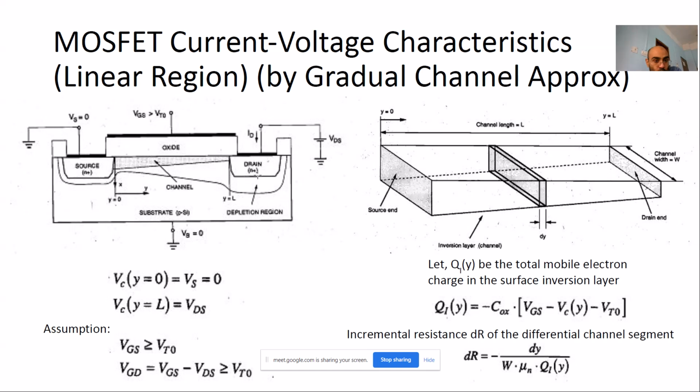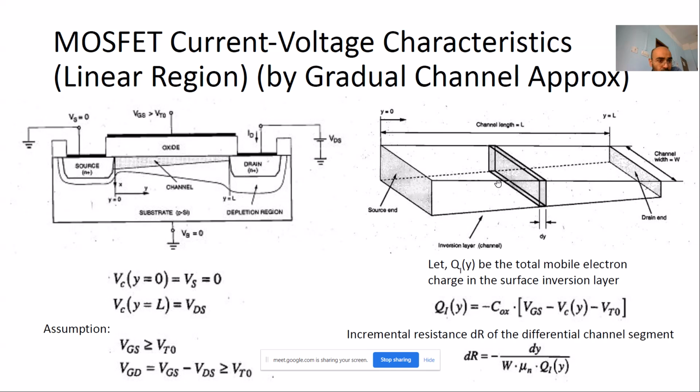Now, if you accept this explanation, then to derive the drain current equation, we will consider this channel region and what happens in it. This is the channel region in this diagram, shown as an enlarged view here, and considering this, we will derive this equation. So the point is,